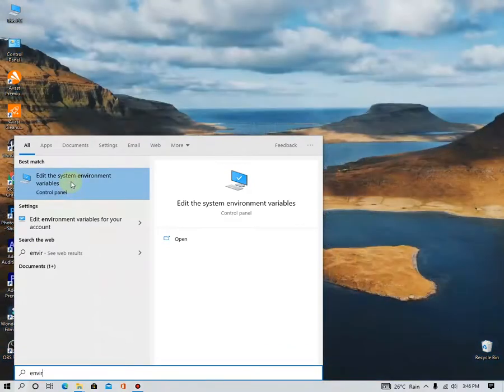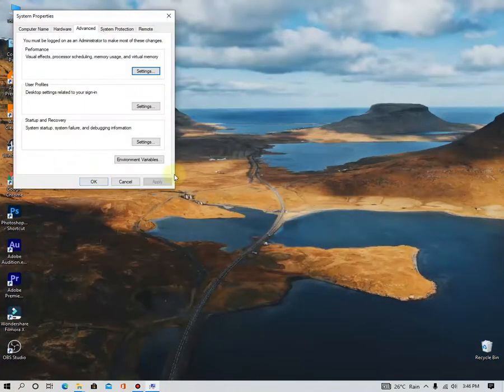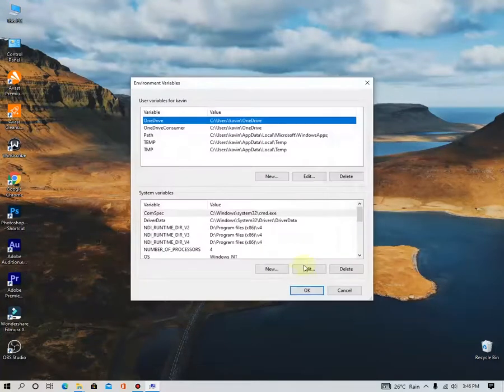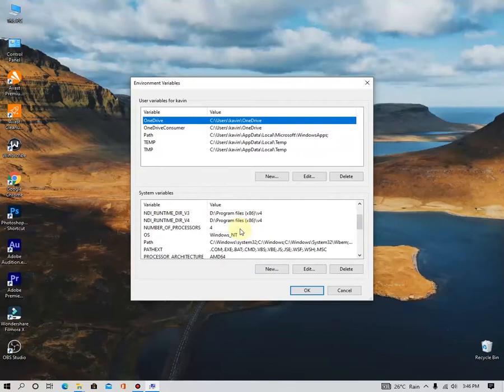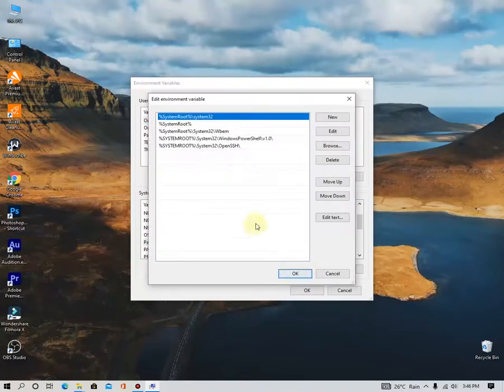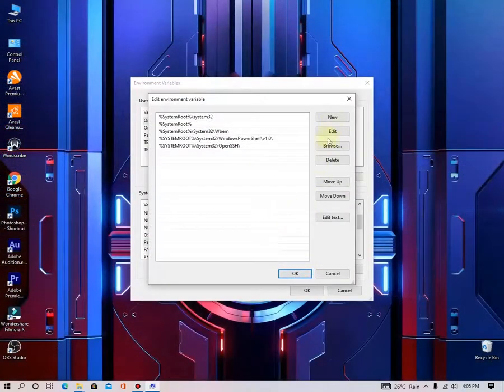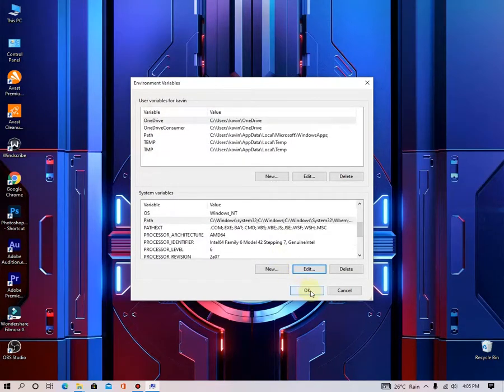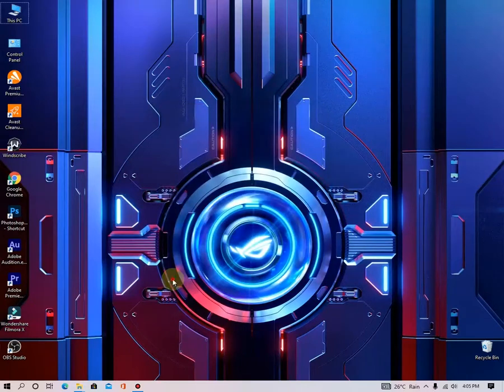Edit the system environment variables and go to the environment variables, scroll down to the bottom, and you can see the Path. Here it is, and click edit and click new and paste your address in here and click OK and OK and OK.